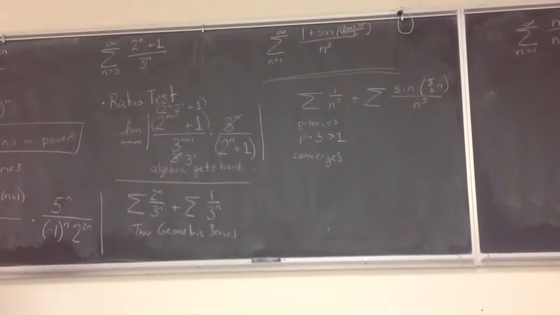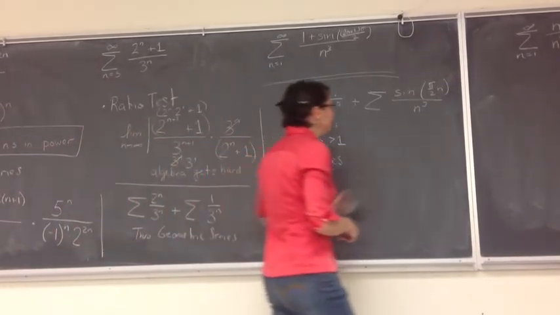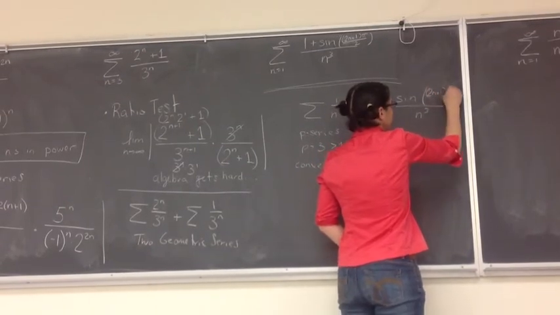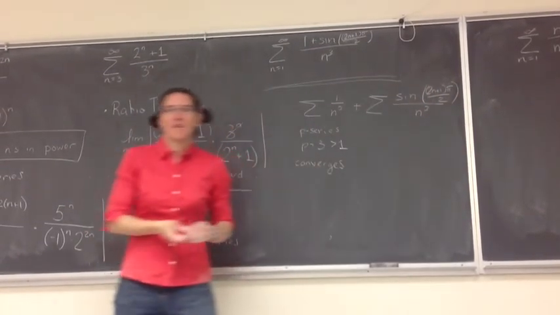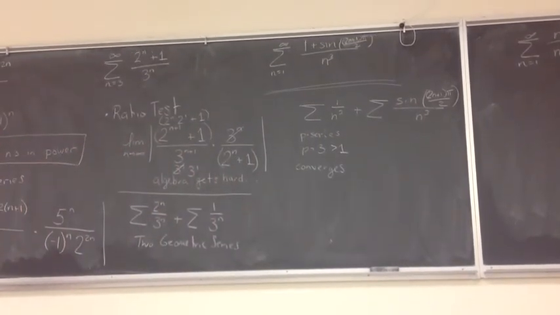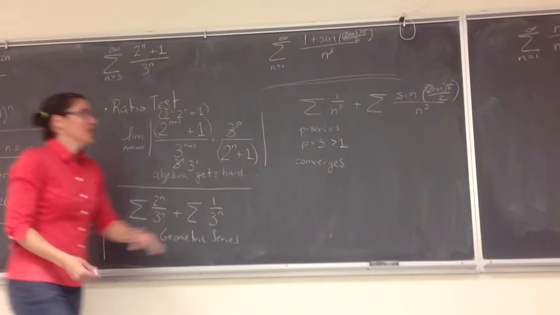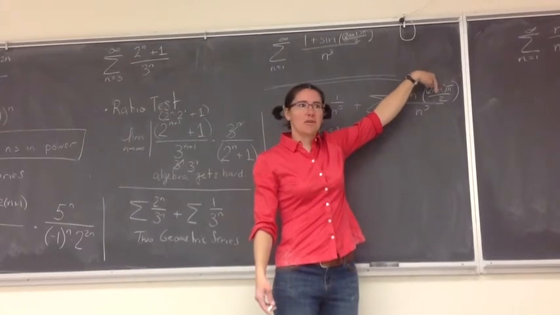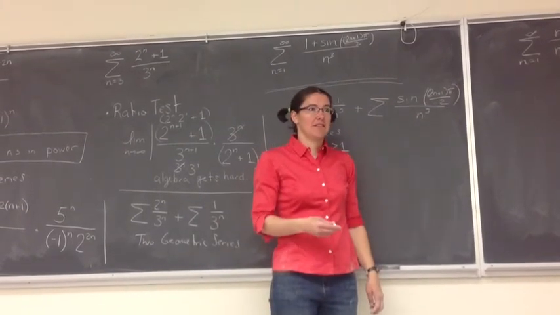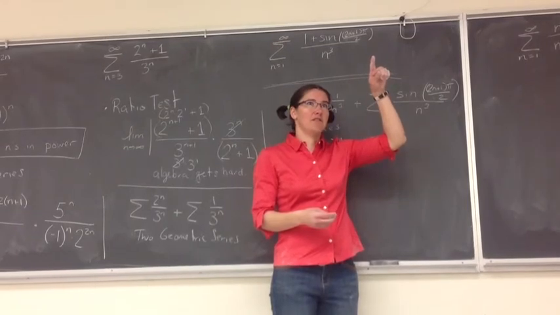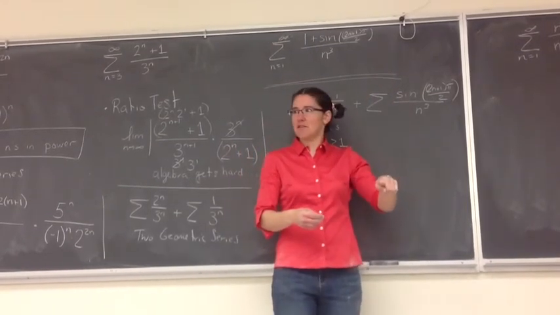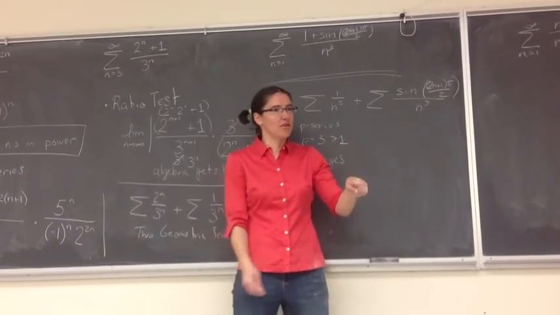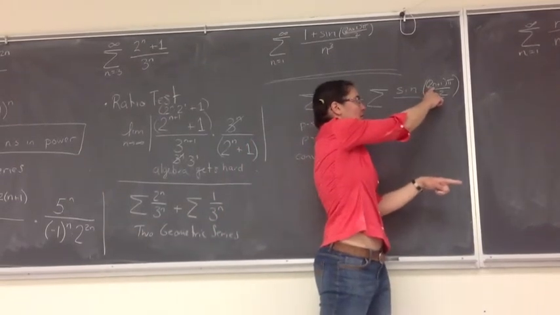So I'm going to change this to 2n plus 1 times pi over 2. This was my intended statement. So let's look at this. When n is equal to 1, we have 2 plus 1, which is 3 pi over 2. What is the sign of 3 pi over 2? 3 pi over 2, so it would be negative 1. Okay. When n equals 2, we have 2 times 2, which is 4, plus 1 is 5